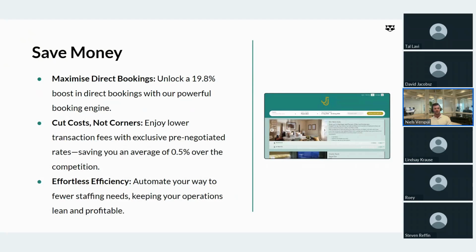Plus, we are also one of the unique providers that doesn't do an aggregated payment model, which means that we don't take the money and then pay it out to you. We directly link it with your bank, which saves a lot of costs. And on average, we save around 0.5% on transaction costs. Sometimes 1.5%, sometimes 0.3%, but on average it's around 0.5%.